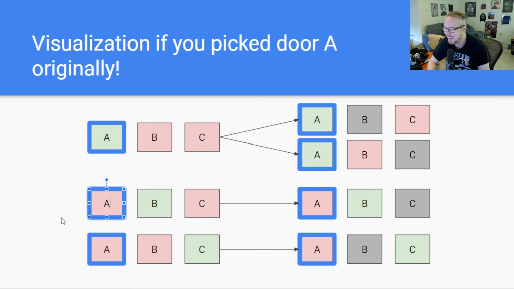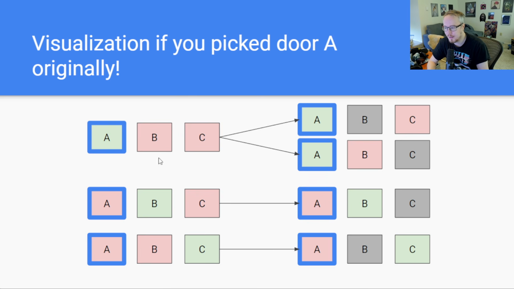But what if the sports car was actually behind door B? Well, having picked door A, Monty Hall cannot reveal the goat behind door A, and so Monty is reduced to only one option: to reveal the goat behind door C, meaning that in the universe where the sports car was behind door B, if we switch from door A, we will actually get the sports car. And the same, symmetrical situation: if the sports car was behind door C, the host has to reveal the goat behind door B, and so we can switch to get the sports car behind door C.